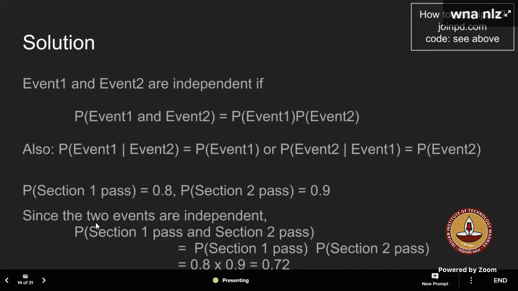Okay for all? Anyone still any doubt, or shall we move? Just see the solution slide. If you have any doubt from this part, you can ask me. This is what you write for the conditional part, right? When it becomes independent, we are no more depending on probability. Can you see my cursor? Probability of event 1 given event 2 automatically becomes just probability of event 1, because these are independent events, right? So that's why you can multiply directly. So it will be just 0.72, not 0.98.